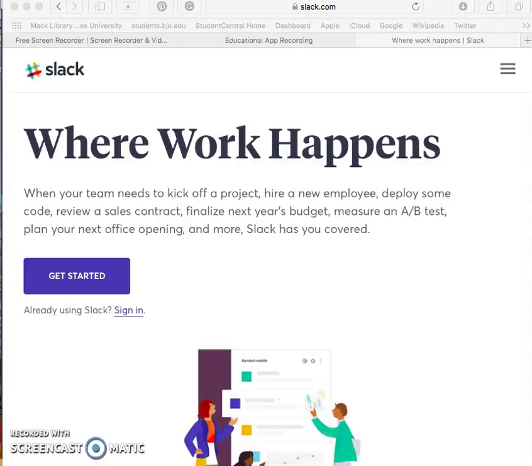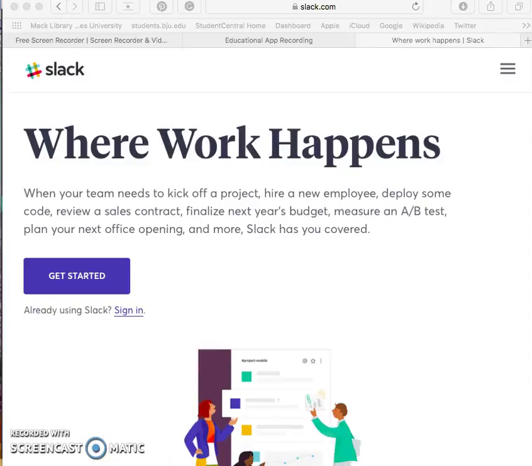Hello, the website that I'd like to look at is slack.com. It is an application, so I'm able to store it on my desktop. And my goal for this year is to develop more opportunities for the students to have discussions and to create more feedback within the group. And so I thought this is a wonderful application for that.